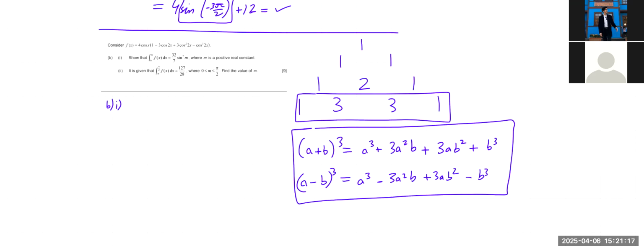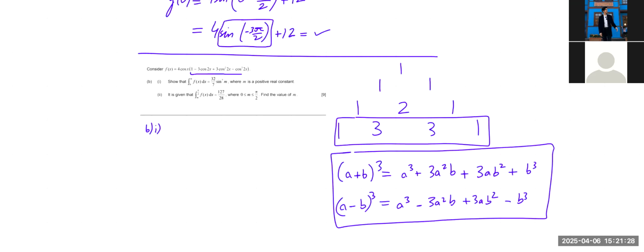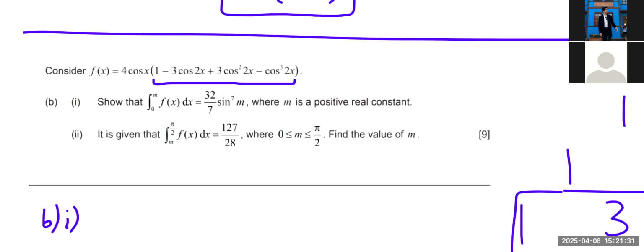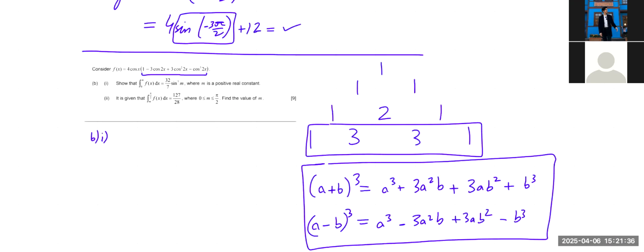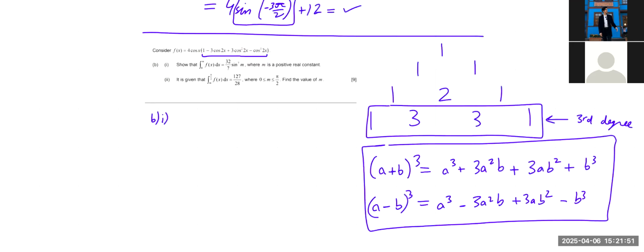So these are the general expansions of cubic binomials. If you have a plus b whole cube, it is going to be like this, a minus b whole cube is going to be like this. The reason I noticed this is because when I saw this expanded form, I had this feeling that this is a cubic, because there was a cube here. And secondly, because the coefficients matched perfectly with Pascal's triangle's fourth row. The fourth row corresponds to third degree polynomials. These are the coefficients of third degree polynomials. So you have 1, 3, 3, 1. I was just confused about whether it's going to be a plus b or a minus b, but since I have a minus here and here, second and fourth term, just like I'm supposed to,